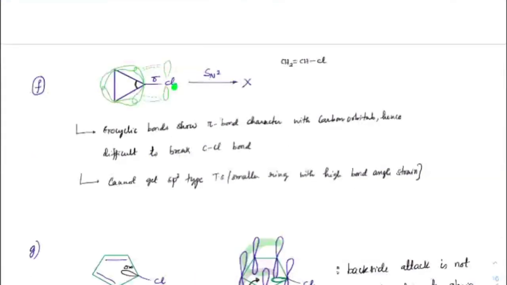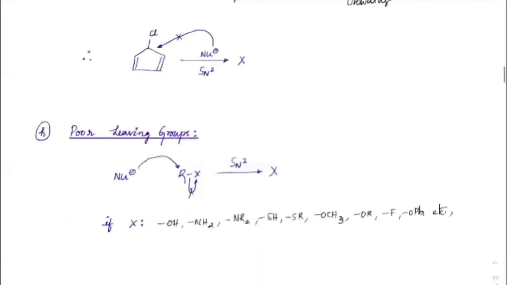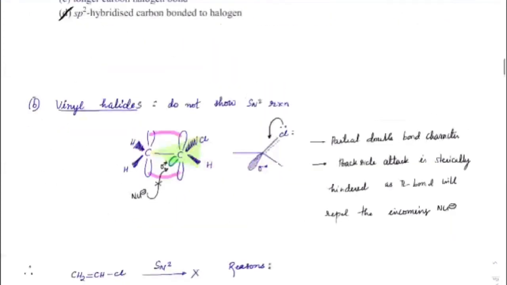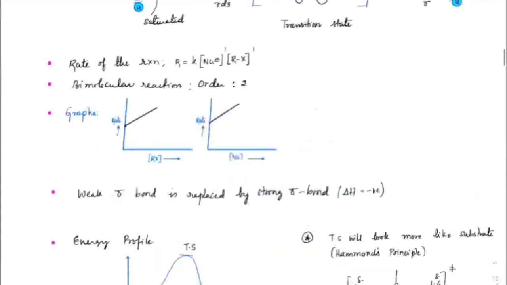Next, cyclopropyl group. Next, when you have a cyclic resonance which is not letting the nucleophile approach. Last one being poor leaving groups. So these are the cases where definitely SN2 will not take place. Okay. So far, if you check out the pointers we discussed, got it? Eventually, I will summarize everything.